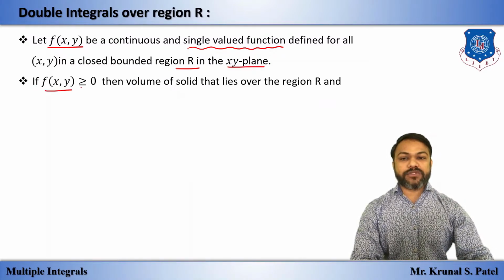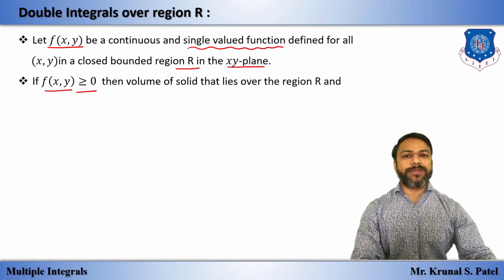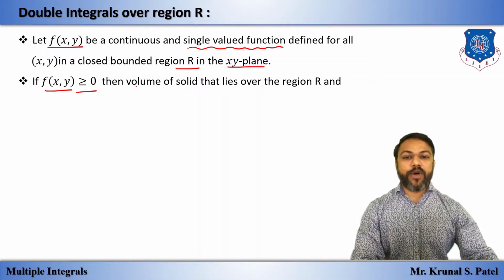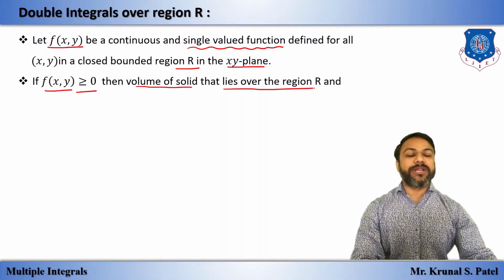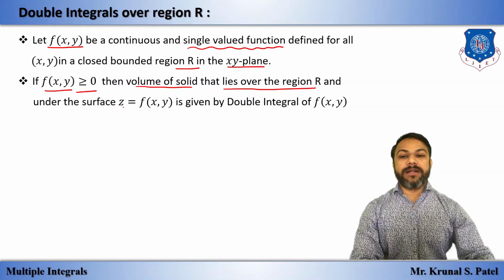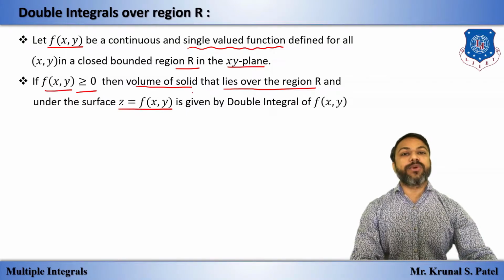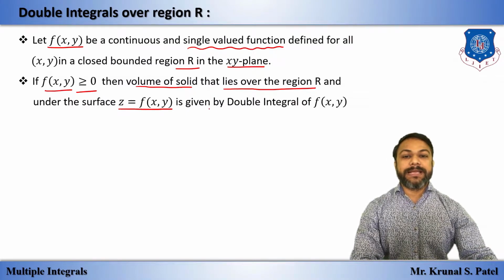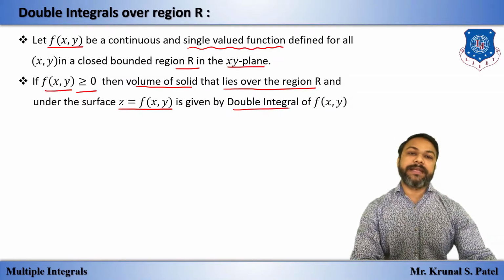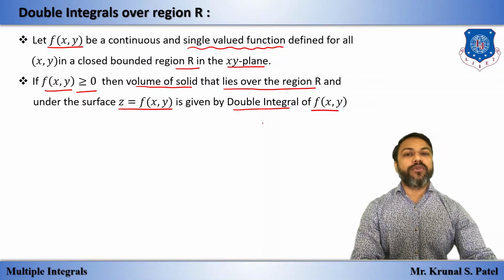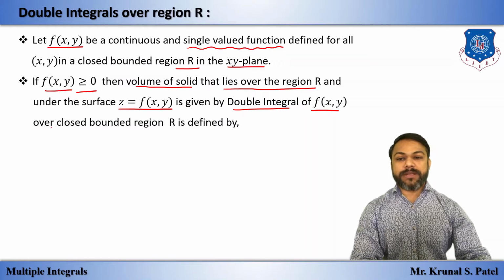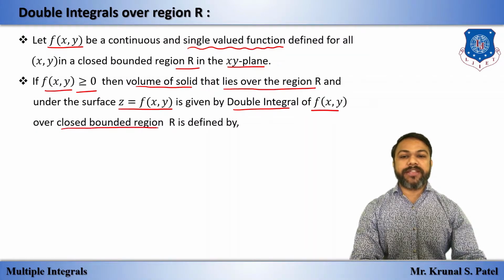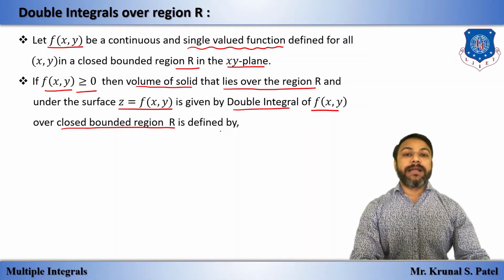If f of x comma y is greater than or equal to 0, that means positive, then the volume of the solid that lies over the region R and under the surface z is equal to f of x comma y is given by the double integral of f of x comma y over the closed bounded region capital R, which is